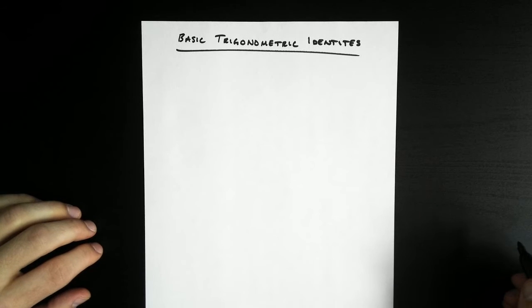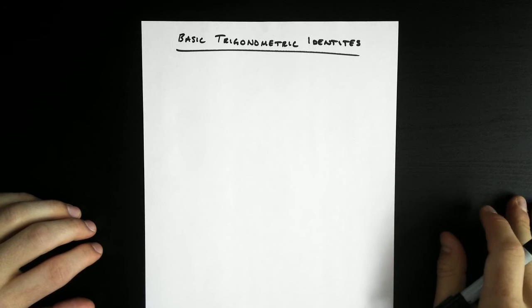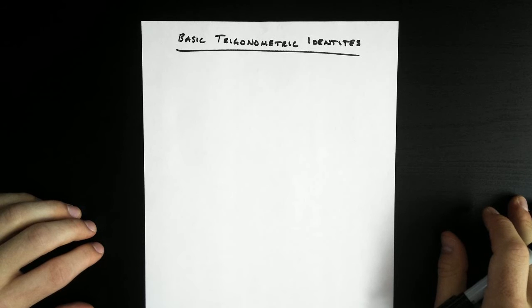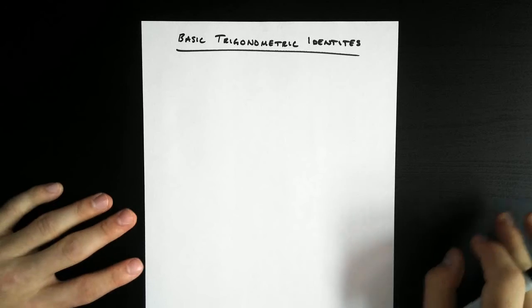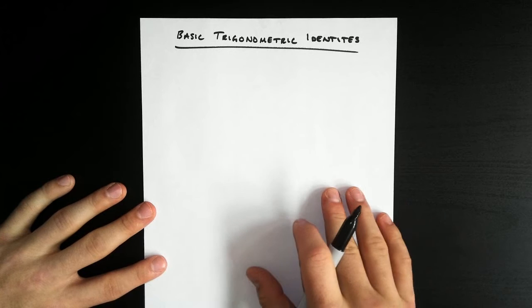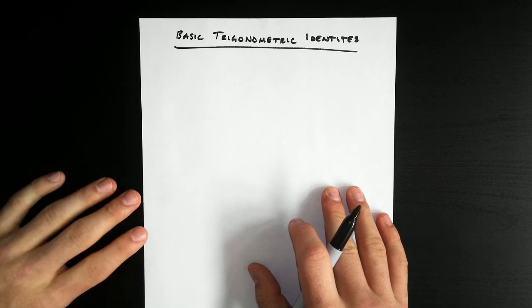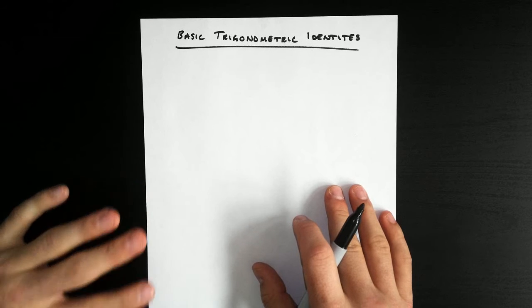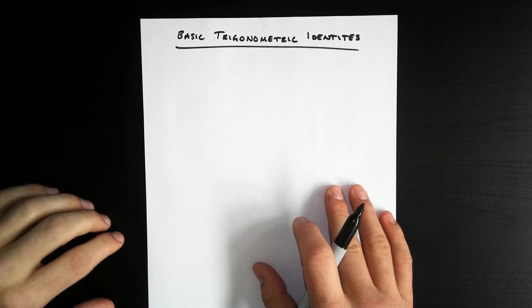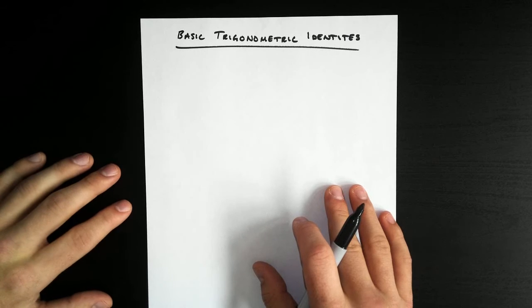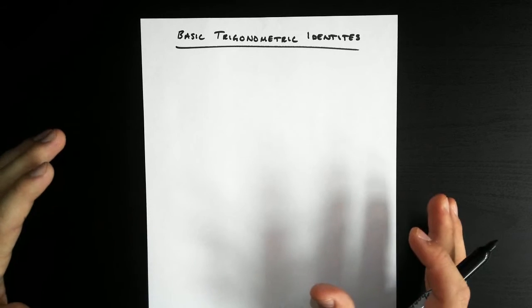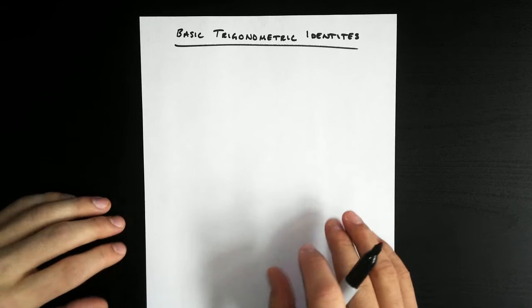Hello everyone. I'm going to talk about some of the basic trig identities. So the first thing, the definition of an identity is it is an equation where both the left side and the right side are always equal to each other no matter what value we plug in for the variable. And a trig identity is just an equation, an identity that has some trig in it where both sides